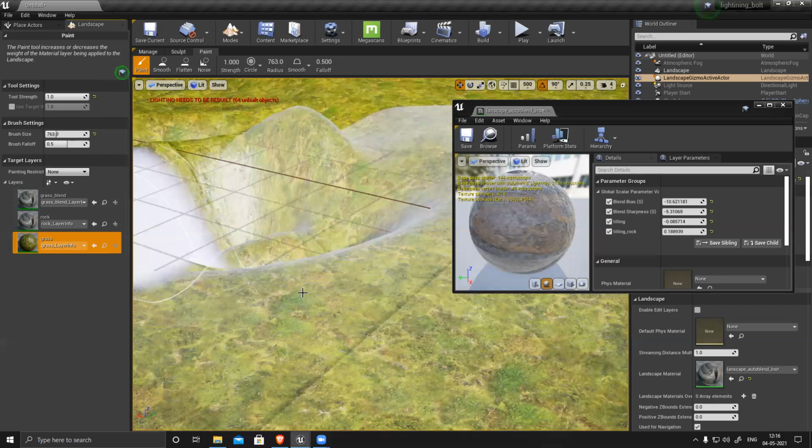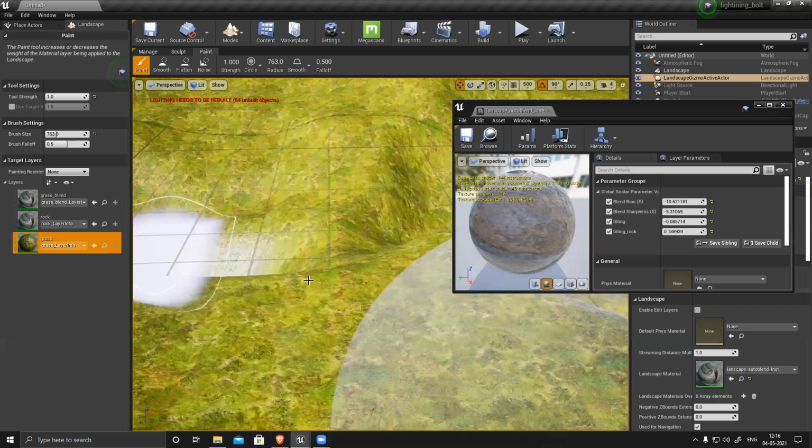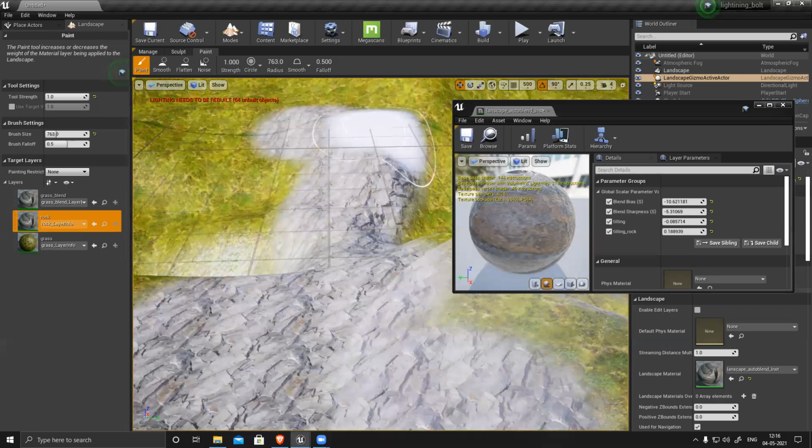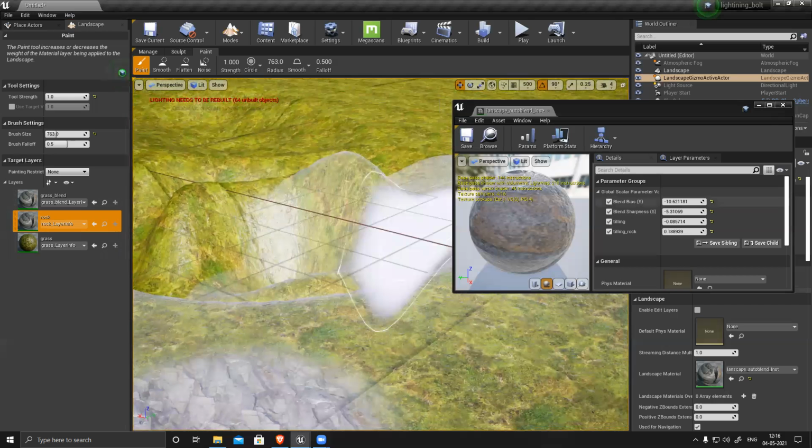Grass paint, rock paint. So I can paint my rock and blend automatically. Just have to control with this.